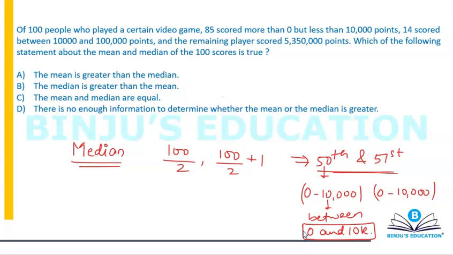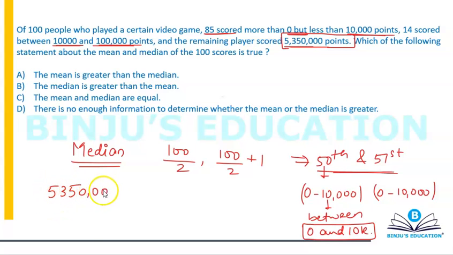Now 14 scored between 10,000 and 100,000, and the remaining player scored 5,350,000. Which of the following statements about mean and median is correct? The mean is nothing but the sum of the observations divided by the total number of observations. Now these 85 players scored between 0 and 10,000. 14 of them scored between 10,000 and 100,000, which means if you're adding bigger numbers, then automatically your mean will definitely go up. So your mean will be greater than this median, and then you add this value, which is